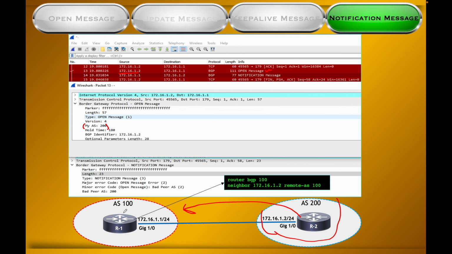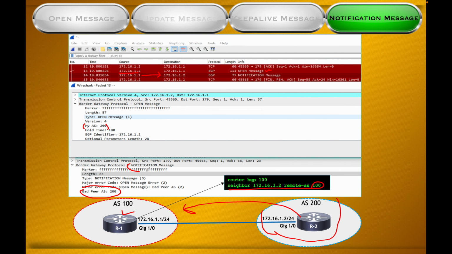Now it comes to router 1, and router 1 sees the neighbor is configured with AS number 100. Now what will it throw? You can see the notification, it goes from 1.1 to 1.2. What does it say? It says bad peer